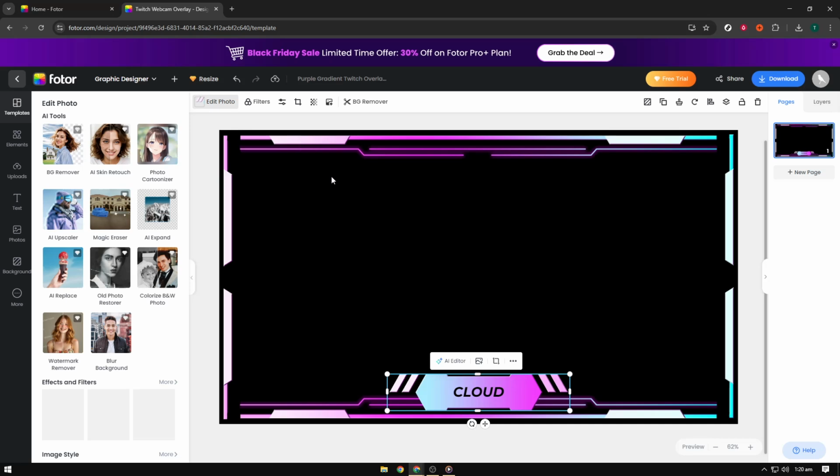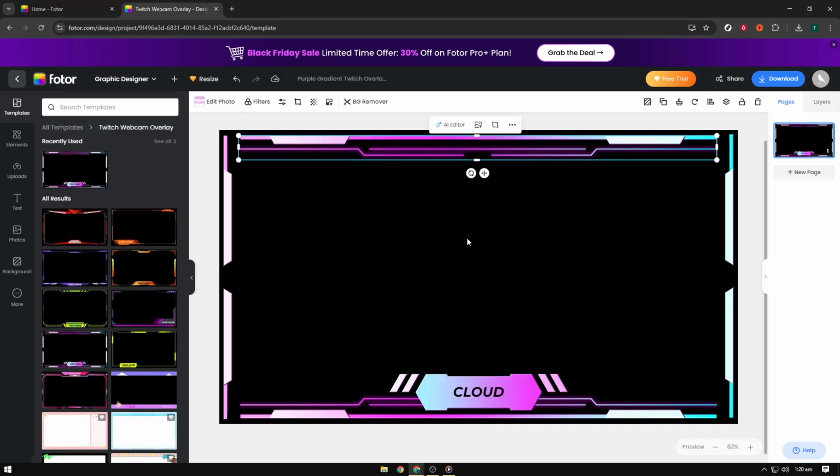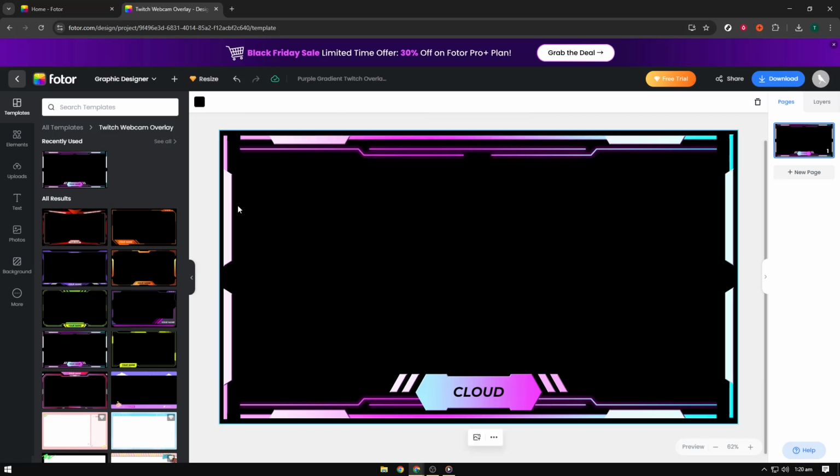Keep key details away from the very edges so your camera feed won't compete with text. If the design includes icons or accents, swap or remove anything that doesn't serve your layout. As you edit, check the center of the frame and make sure the area where your camera will appear stays clear. Don't place text where your face will sit, and avoid cluttering the corners if you use alerts or chat